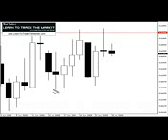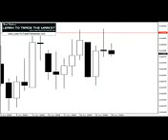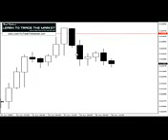The other thing that I wanted to point out was, do I have a logical area to target? Do I have a solid risk reward? And the fact is, yes, I do. I have at least 2 times my risk in this setup, so it's a 2-to-1 risk reward, so I've ticked that box. And the fourth was, on zooming down to the 4-hour chart, I just wanted to make sure I